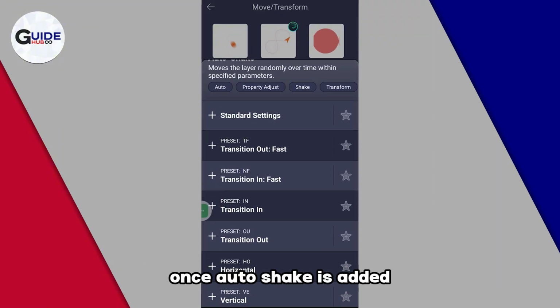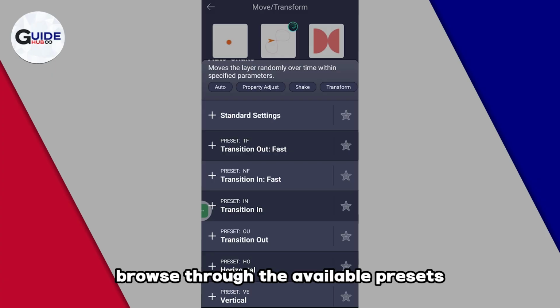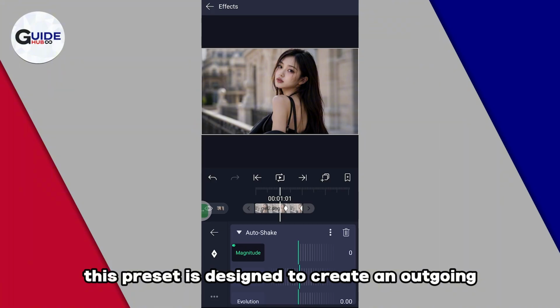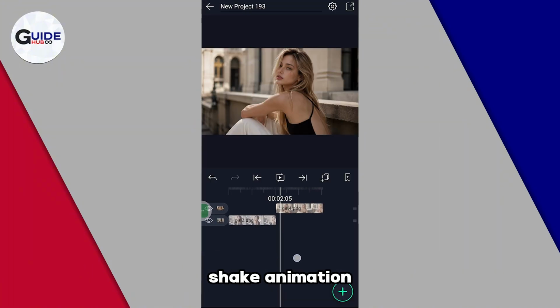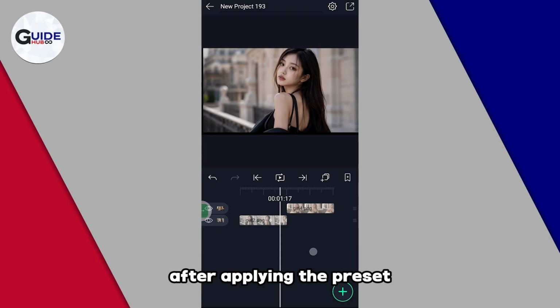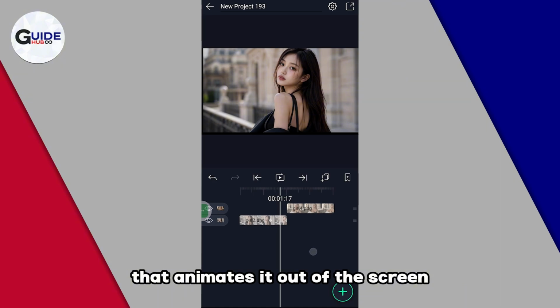Once Auto Shake is added, a number of presets will appear. Browse through the available presets and select Transition Out. This preset is designed to create an outgoing shake animation that works well at the end of the first footage. After applying the preset, the first footage will have a shake effect that animates it out of the screen according